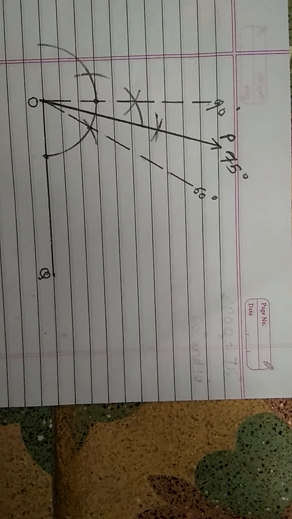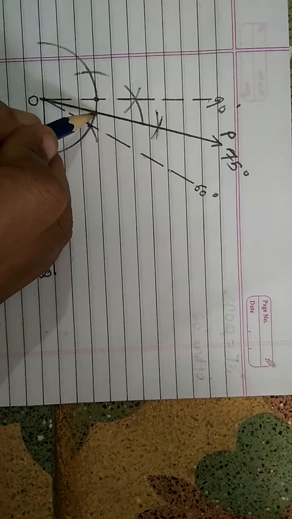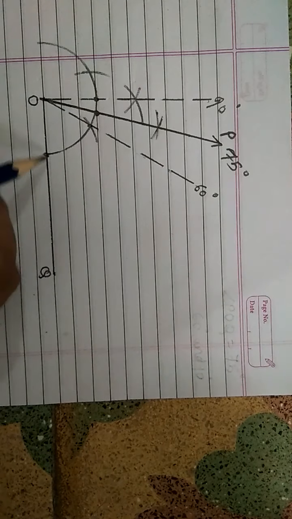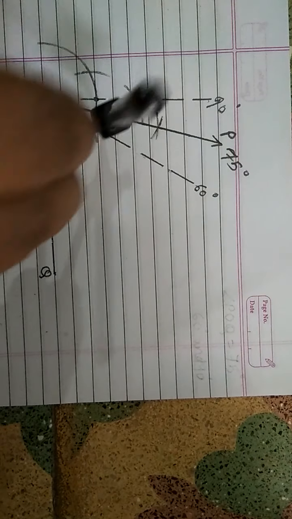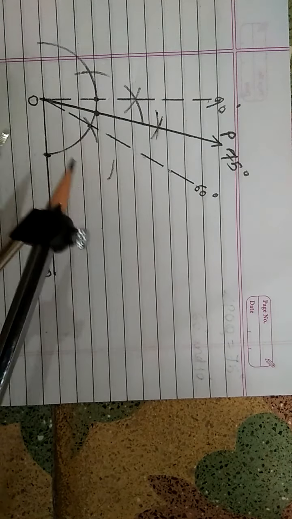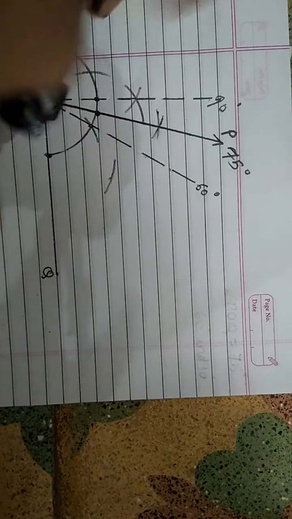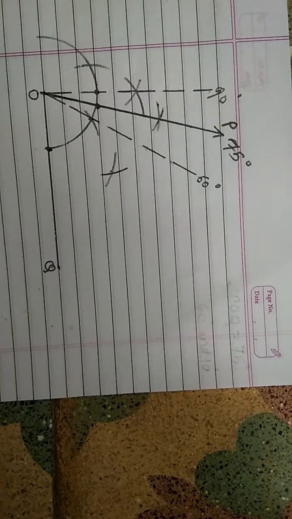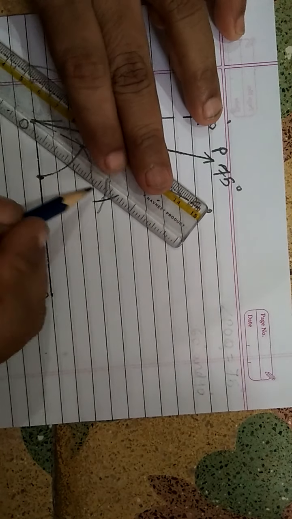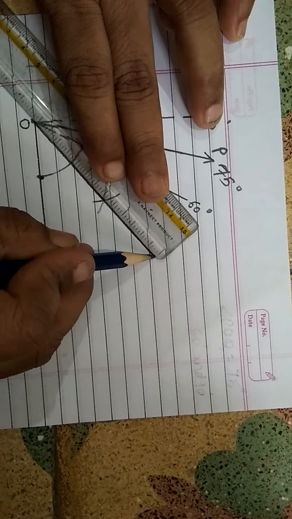Now children, we have to construct the line of symmetry. The line of symmetry means what children? The angle bisector over here. Now we have this point, the 75 degree point, and this 0 degree point. From these 2 points, we are going to keep one arc from this point. Wait children, keep it properly, yeah? Like this, and from this another point like this. Okay, and then we have to join this, and this is our line of symmetry.